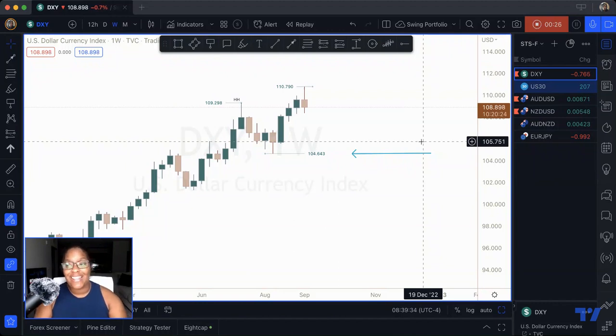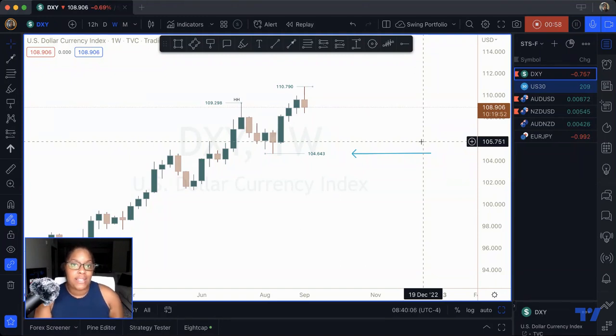Now, I need to give a disclaimer here. A lot of people who come into trading in the beginning, if you trade US 30, I need you to understand that it is not related to the Forex market. It's actually related to the stock market. But here's the thing, when the dollar index is increasing, more than likely, sometimes the US 30 or the stock market is decreasing. So it's kind of inverse to one another. Okay. So we're going to go over that a little bit today with the movements that we have right now.